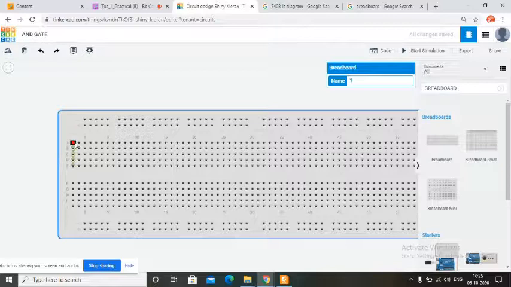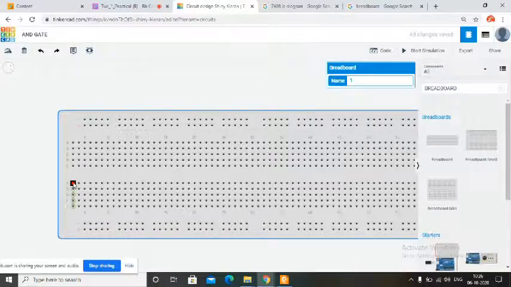If you put the cursor on any one of those, suppose you put the cursor on A, then how many dots are connected? All five, sir, up till E. Yeah, up till E they are connected, right? So if you give any supply or any connection to A, all these five dots will have the same connection. Similarly, if you put the cursor on F, they are connected up till J.